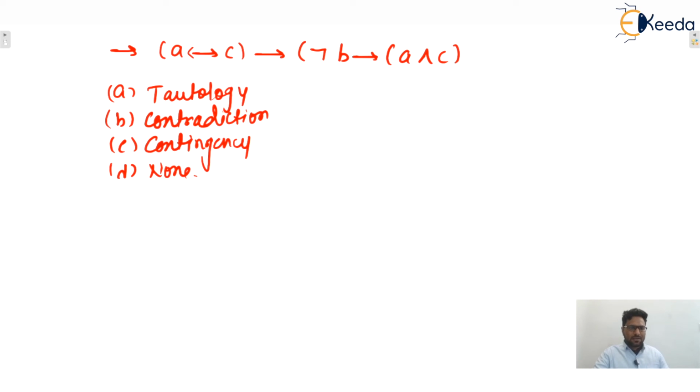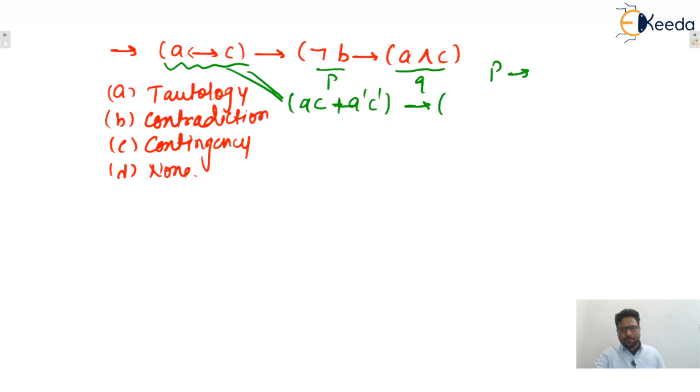So we can solve it like this: convert these secondary operators into binary. So you know P biconditional Q is what? PQ plus P dash Q dash. So this becomes AC plus A dash C dash. Yes or no? When this is implication, then this becomes what? We can say that this is P, let's say, and this is Q, then it becomes P implies Q. So this one will be P complement. So double complement becomes B only plus AC.